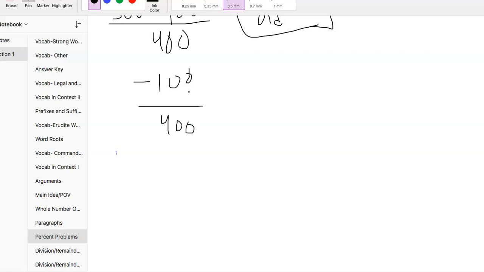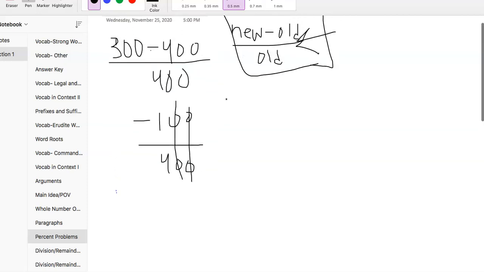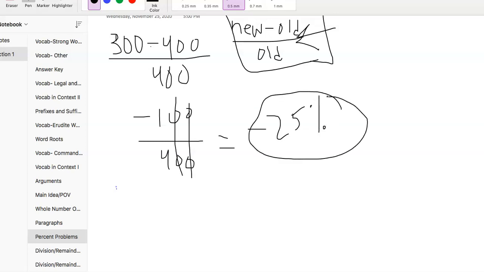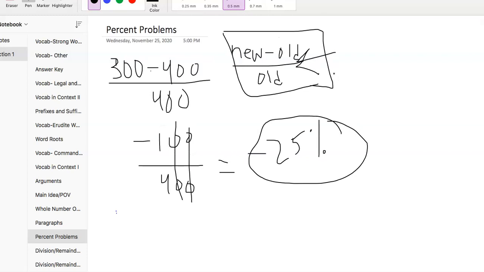We can cross out those zeros and those zeros. Now we have negative 1/4. Negative one out of 4 is negative 25%. So we got to make sure we go new minus old divided by old,